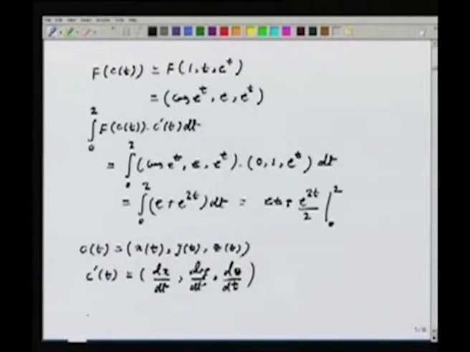Now this can be formally written as C prime t dt equals dx,